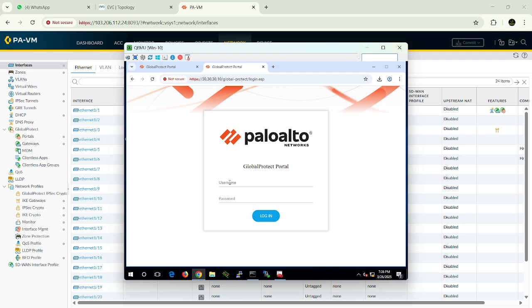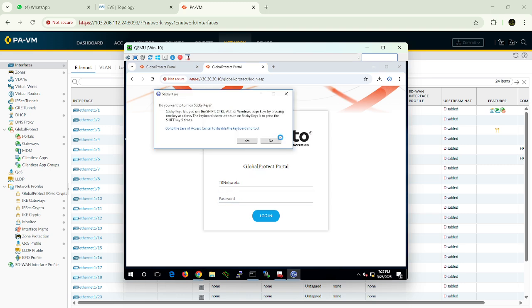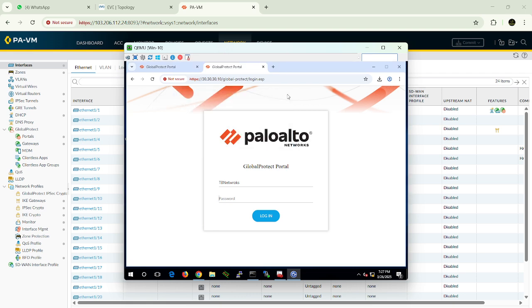Then we need to log in. So what users do we need to use here? Whatever local user we have created, which is TBNetworks. This is my username, and the password you need to type here. The password is